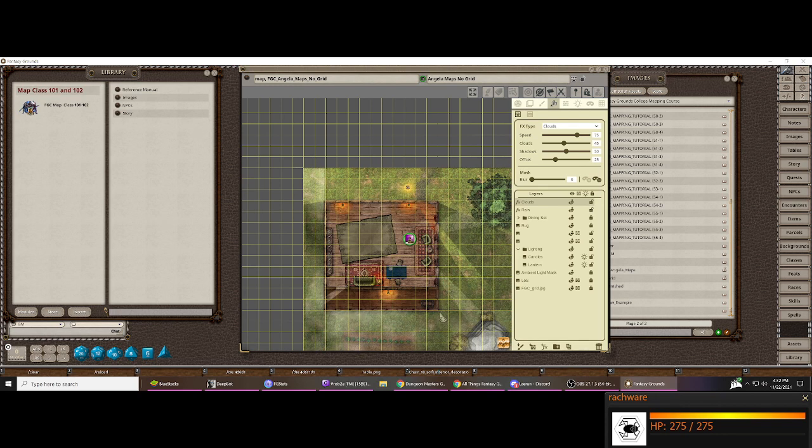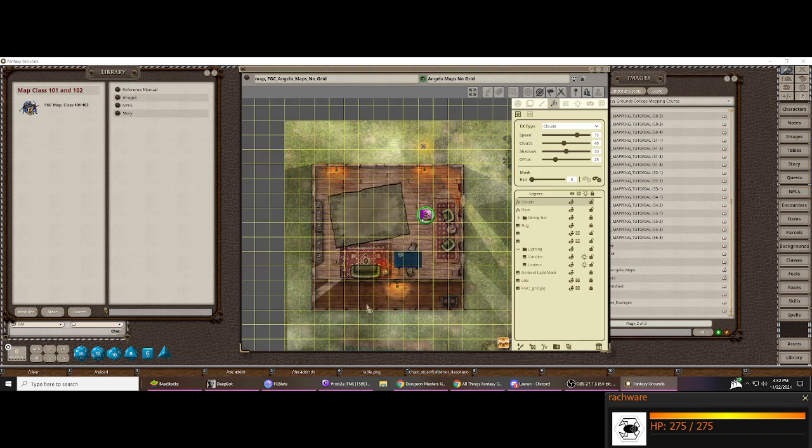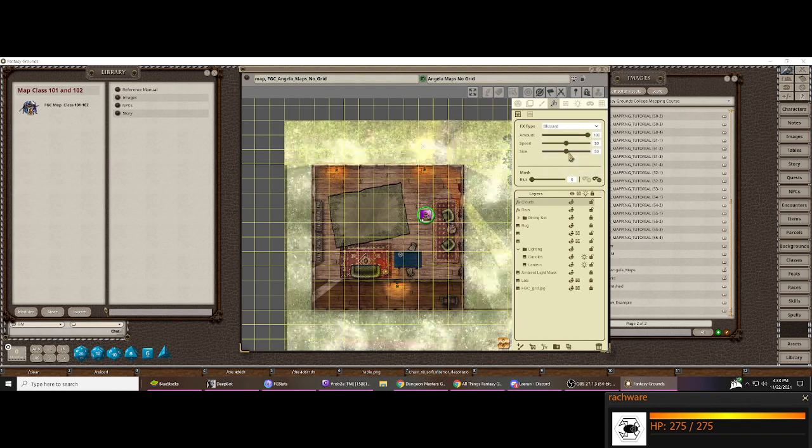So that's how you add your ambience, your weather effects and such. And it said you don't have to do it all in one swoop. You can do it in steps. And if you make a mistake, you go to the hide area and you hide the option. So if you drew too far inside,